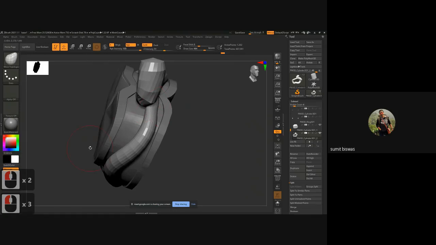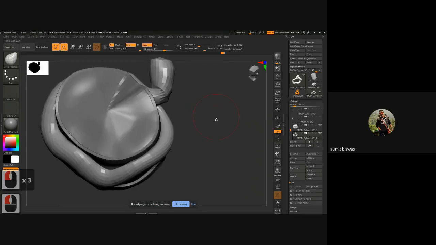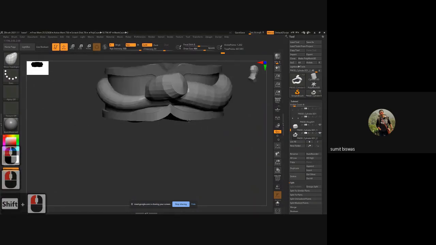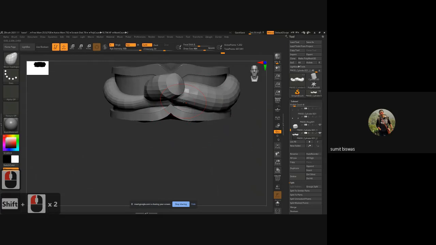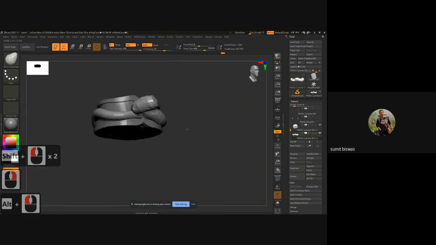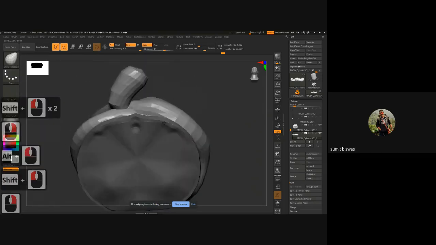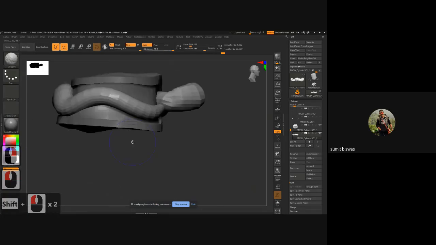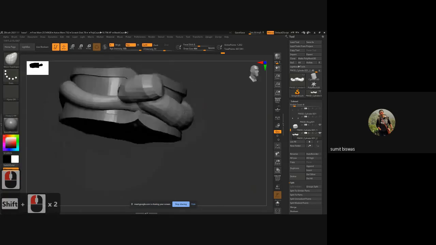I cannot see that part, so I'm just using my imagination. And I feel like it should be like this, because it should be a continuous loop, and only then will it look nice, because it's a part of the design. So it's kind of fine. Then what I can do, let's see,